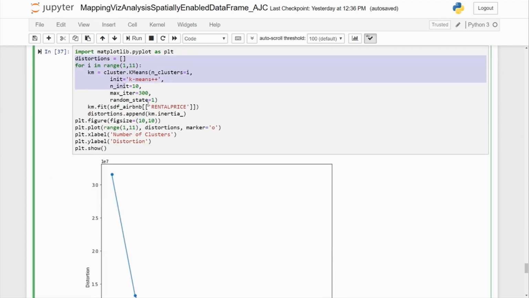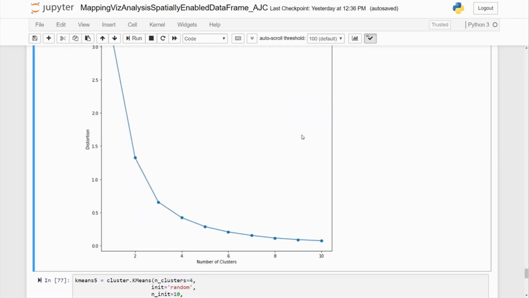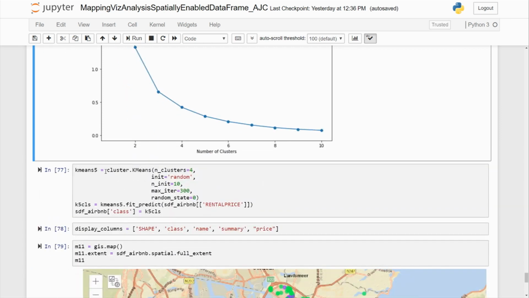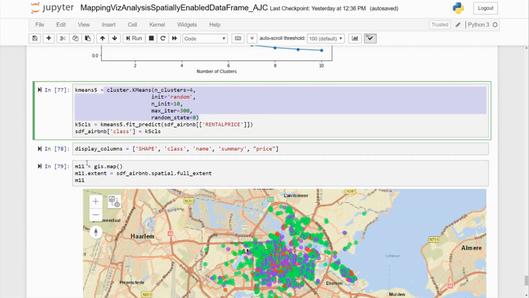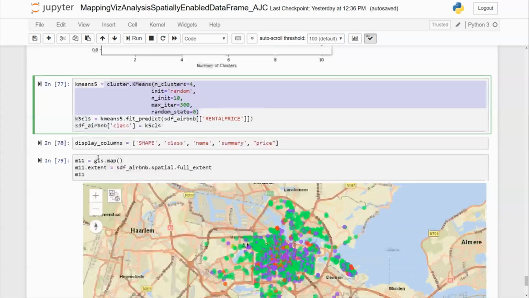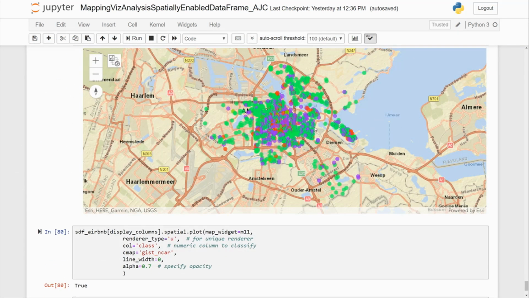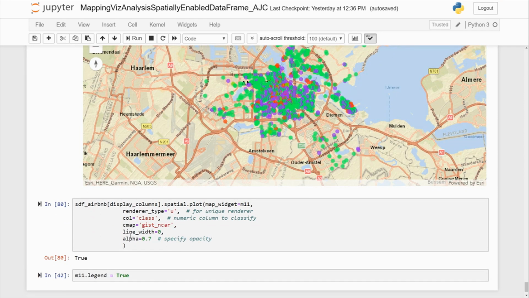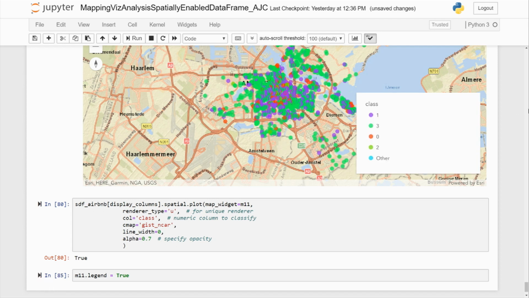We can do visualizations to determine the proper number of clusters, using the elbow method we have here. So I'm going to choose 4 in this case, run my k-means, get back my classes, and then plot it back on the map. You can then do further analysis and look at the various metrics to see if that actual cluster amount was appropriate using scikit-learn as well. And you can display the